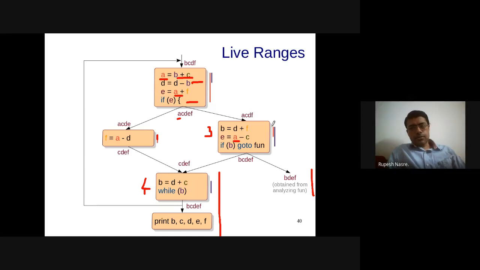Right, so as far as B is concerned, the variable B is used here and the definition is here. So we'll say that it is live across these two, assignment to E and the if instruction. As far as B here is concerned, that is a new definition of B, and therefore B is not live at the start of this basic block 4, and therefore the live range is just going to be here, and then there will be another live range which is shown at basic block 4.